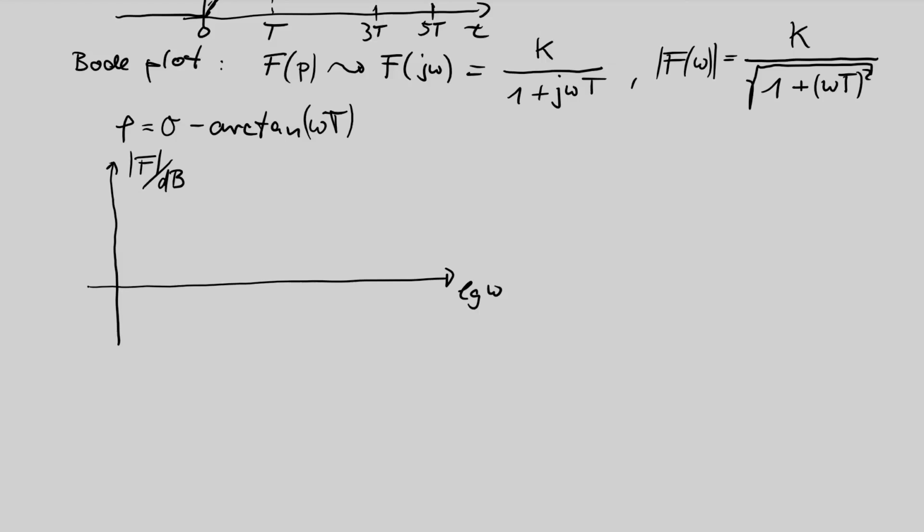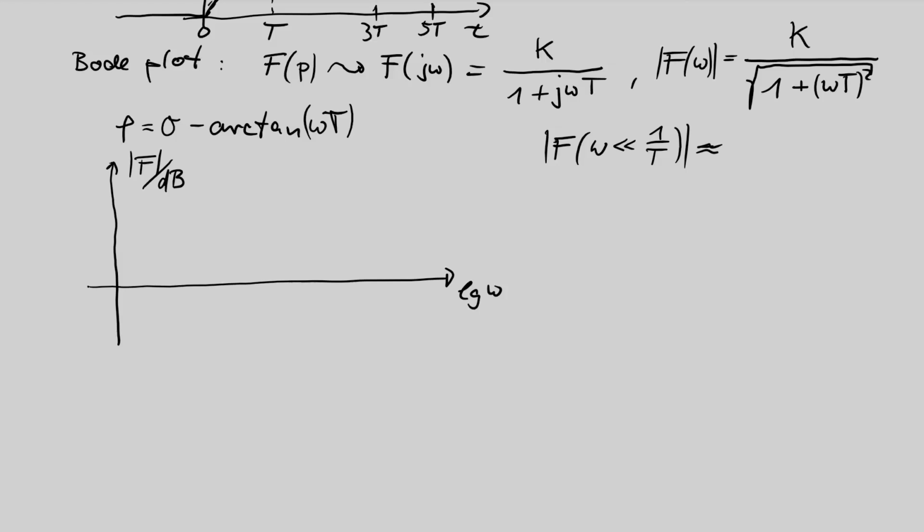We should look for two approximations of f(omega). First, what happens if we have very small frequencies? Small means that omega is very small compared with the 1 over t factor, or omega t is small compared with 1. If we have this case,